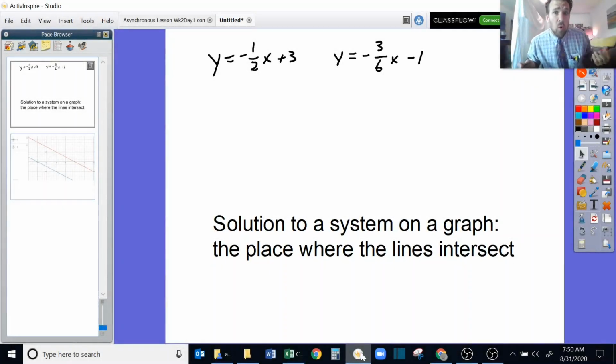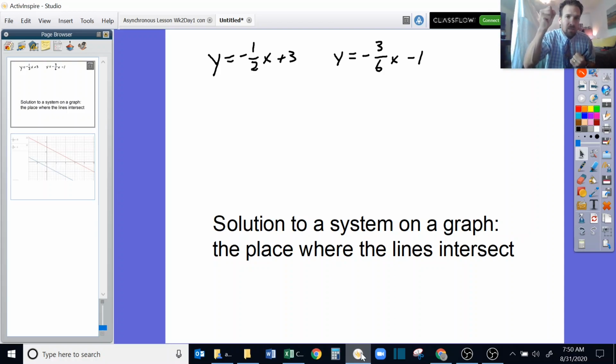Going to start this quick recording with just refreshing ourselves with what we did last week and what we've done leading up to this assignment midweek in week 2. Last week, what we thought about was where do lines cross? And remember that we looked at systems that way. We thought about the beginning of the story, we talked about the rates of change, we talked about where those